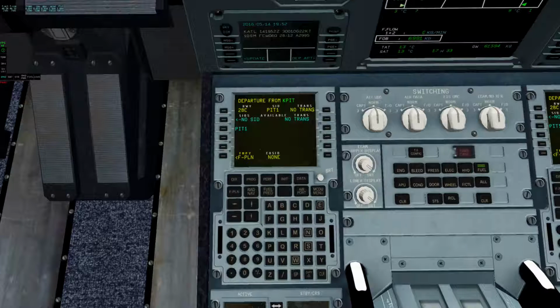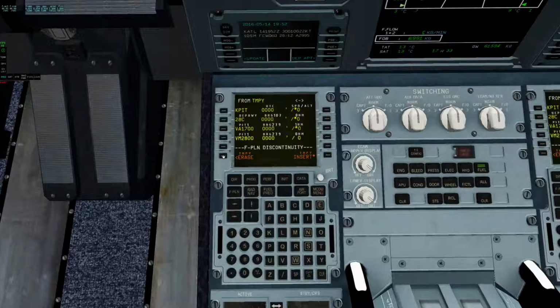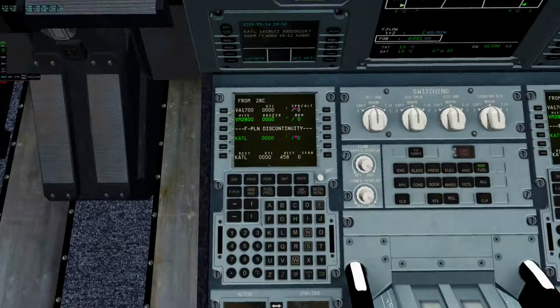So I've got yellow all the way across the top, and I need to click on flight plan. And notice this is all yellow, this is red. I have to insert it, it turns it green, and immediately I have a discontinuity. Well, I'm going to ignore that for right now. I'm going to go over to Atlanta,